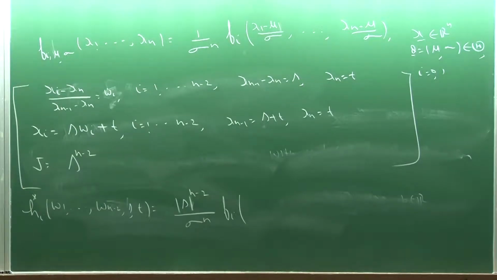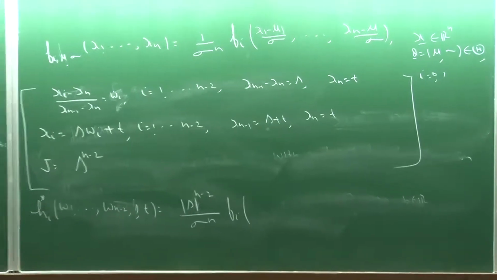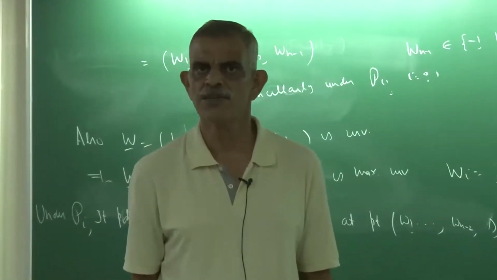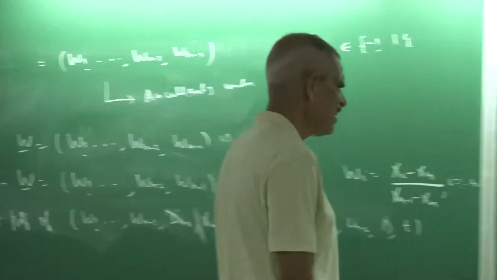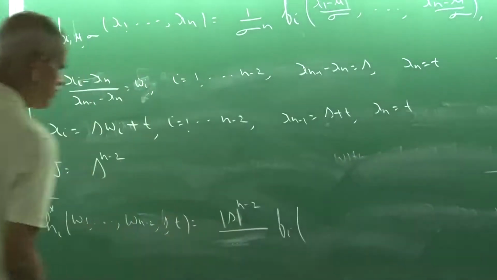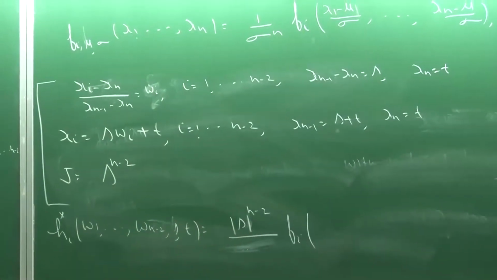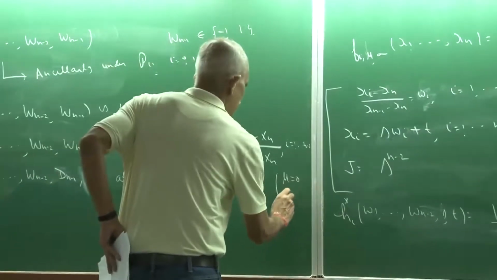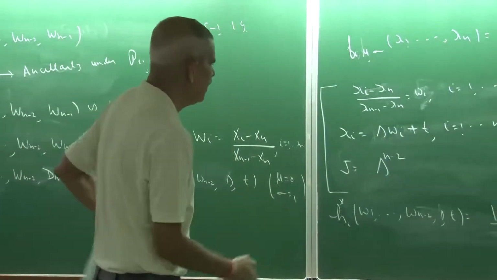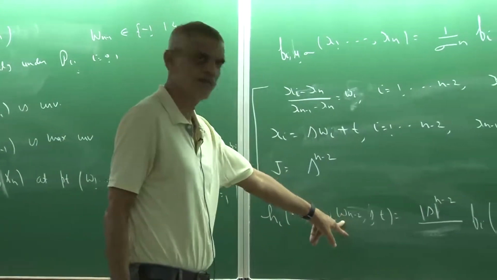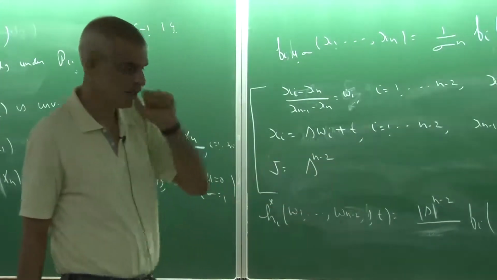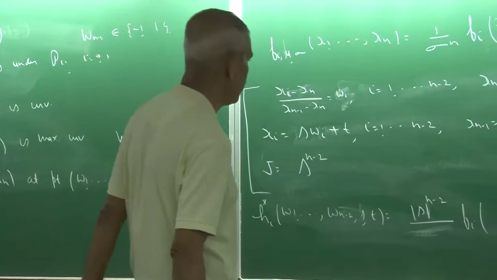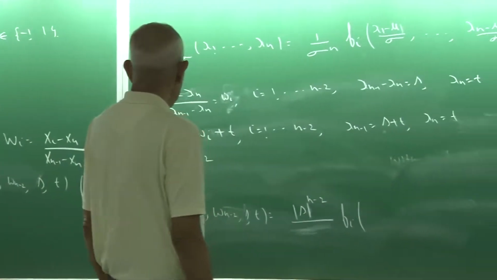X1, you see, if you want, you can take sigma to be 1 and mu to be 0, because finally you will be finding out the distribution of W1, W2, Wn minus 2, which I know is ancillary, which does not depend on mu and sigma. So I can as well drop sigma and mu everywhere. So this is everywhere at mu equal to 0 and sigma equal to 1, because finally I know that this joint PDF of W1, W2, Wn minus 2 is not going to depend on mu and sigma. So this is the same as mod of s to power n minus 2 phi